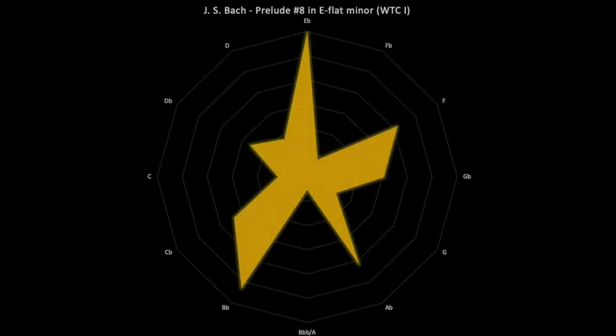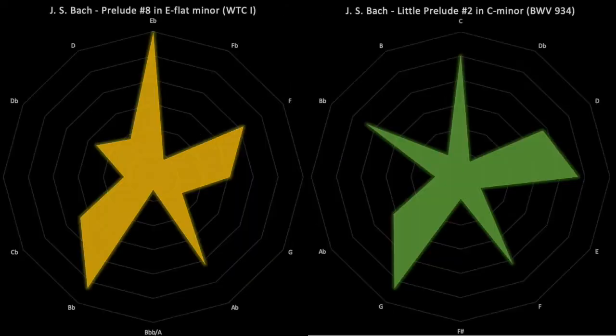Here's the chart for the prelude you just heard. Prelude number 8 in E flat minor, where you were looking at my foot, and the little bits of commentary as I played. I hope that was helpful. But yeah, this is quite a different shape than the previous. I mean, if I put up, let's say, the C major. Actually, no, let's take the C minor.